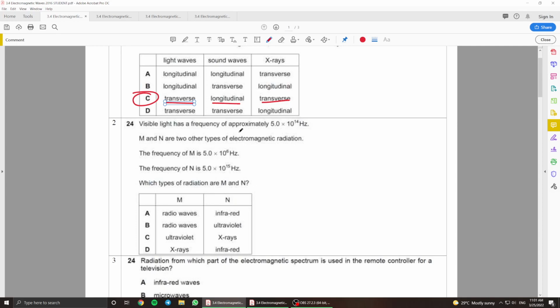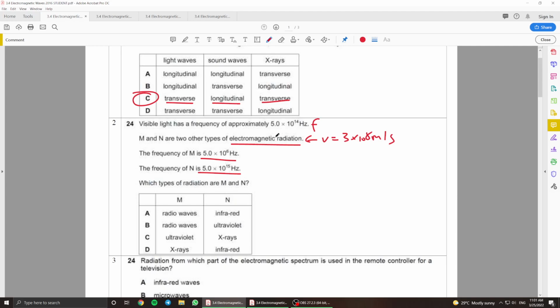Visible light has a frequency of approximately 5 times 10 to the power 14 Hz. M and N are two other types of electromagnetic radiation, which I can assume the velocity is going to be 3 times 10 to the power of 8 meters per second here. The frequency of M is about this here, and the frequency of N is about this here. Which type of radiation